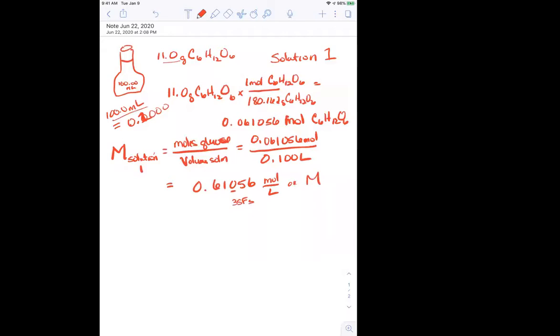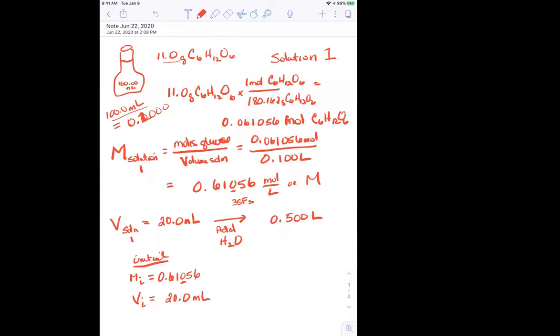Now, the second part is I take a volume of solution 1, which is equal to 20.0 milliliters. And I'm going to dilute that until I have 0.500 liters. So this is a dilution. My initial molarity of solution 1 is equal to 0.61056. My volume of that initial solution is 20.0 milliliters,